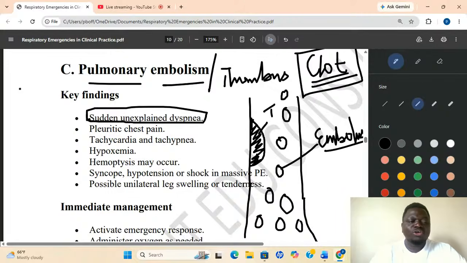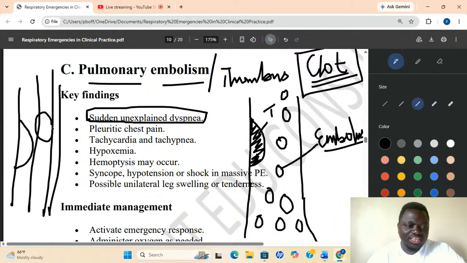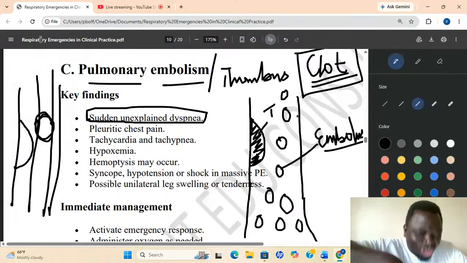So a clot can build in your legs and will be stuck at one place. Or sometimes in the bloodstream in your legs, a clot will come and stop here. It is traveling like these guys. But when it got here, it is stuck. It is not moving again. The name changes from a traveling clot to a stationary clot.